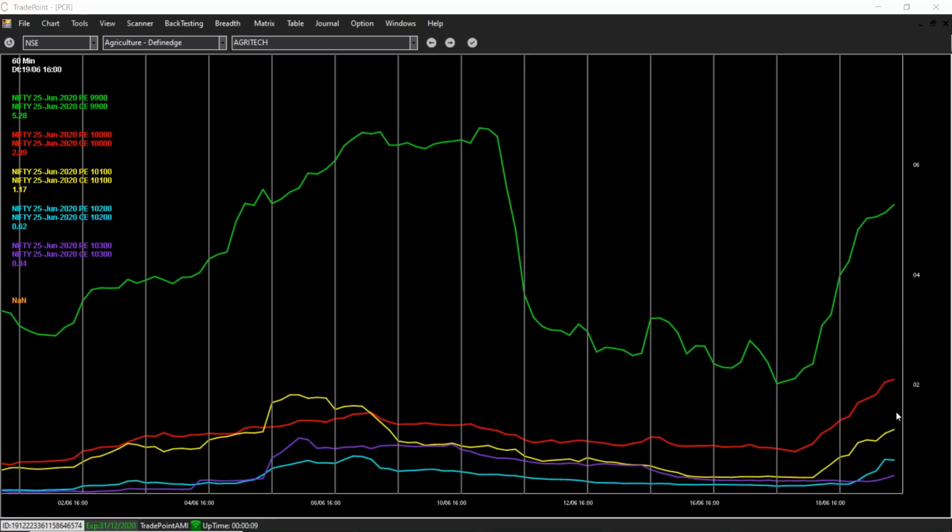Now here is the problem in 10,100. Remember, Nifty is at 10,244, which is 150 points above this strike price of 10,100. Here the put call ratio is only 1.17. Typically, this is more than 1.5 or sometimes even 2 with a gap of 150 points. And the next one is even worse, 10,200. Nifty is already 40-45 points higher than the strike price, and this put call ratio is only 0.62. This should have been at least 1 or 1.1.